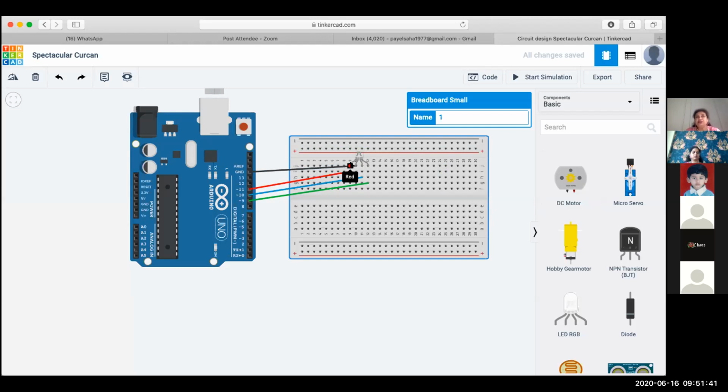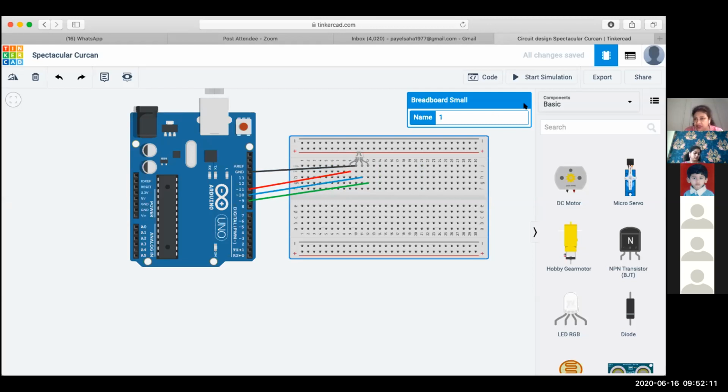So as per the equation yesterday, resistance will be equal to (Vs minus V) divided by I. Here Vs is equal to 5 volt supplied by the PWM pin, maximum is 5 volt. The LED forward voltage is 2 volts and the permissible current is 20 milliampere. So what is the resistance? 150 ohm.